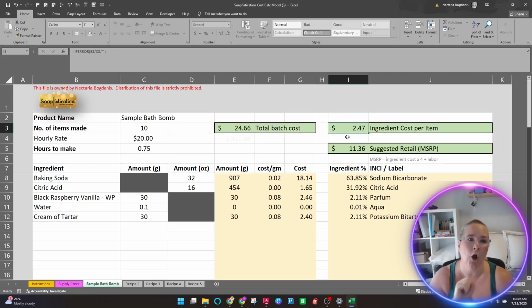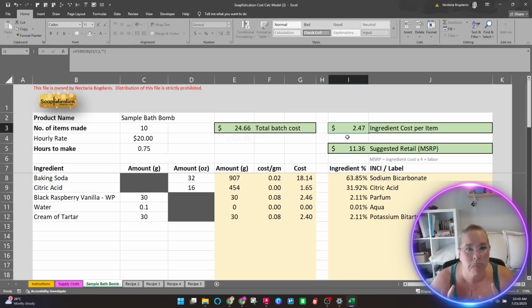So when people ask, how much do you sell your things for, we're all in different areas of the world, and different things are costing us different amounts, and our areas can withstand different pricing as well. So if you have a product that you're selling for $5 each and you cannot keep them in stock because people are buying you out, then you probably need to up your price a little bit, because you can't even fulfill the orders that you have.